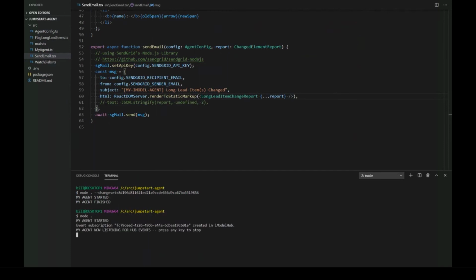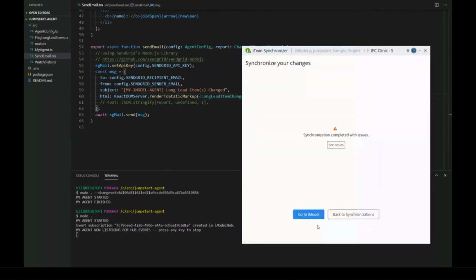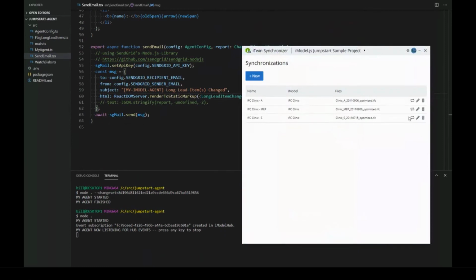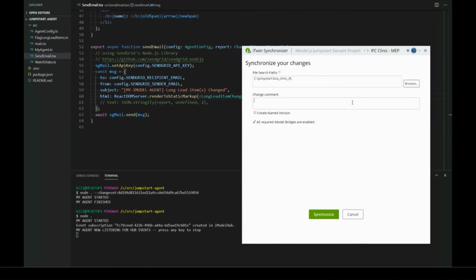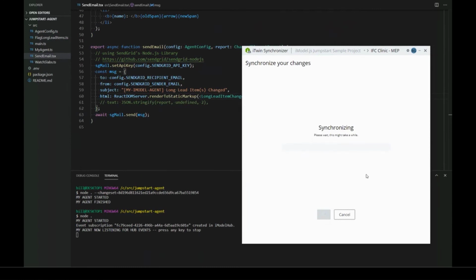So I'm going to do node dot. I'm going to come to the iTwin synchronizer, and I'm going to synchronize, again, some prepared changes. And I'm going to also create a named version while I'm at it. Now, this is a much bigger IFC file, and this probably can take up to a minute to synchronize. So while we're waiting for that,